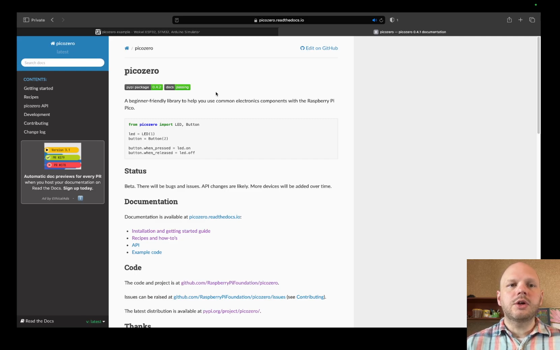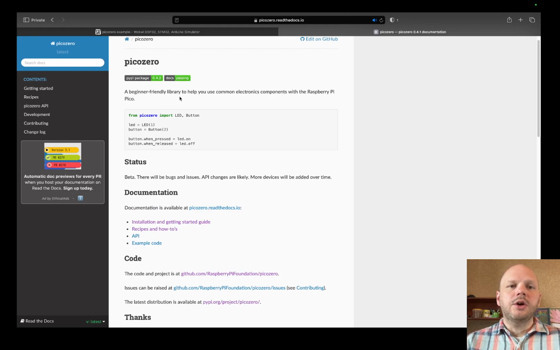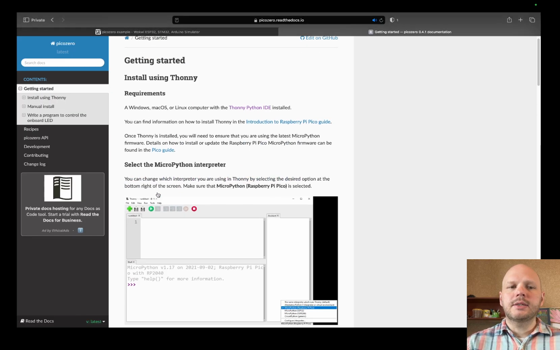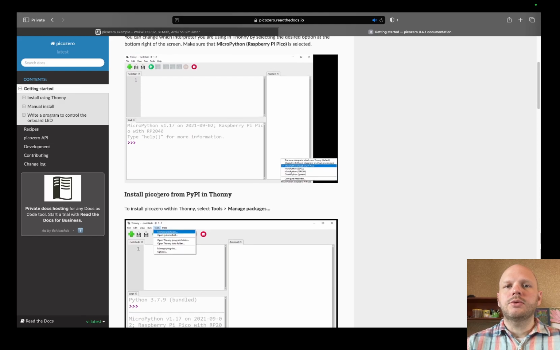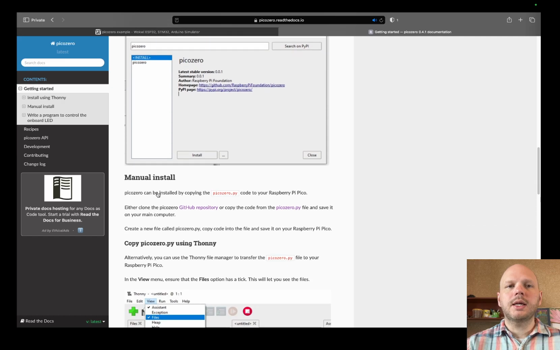So to get started, you're going to go to picozero.readthedocs.io. This is the documentation page. As a programmer, you're going to need to start learning to use documentation websites because they're going to show you how to use those modules and libraries that are available for you. Once you get here, you'll see that there is an installation and getting started guide under documentation. You're going to click on that, and it's got some great instructions on how to install this with Thonny. We're going to go through that together in just a bit, but first we're going to get it working